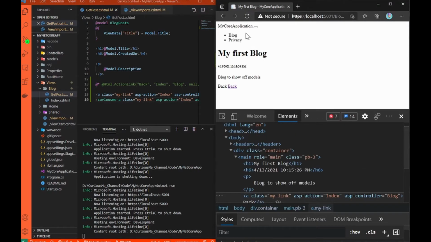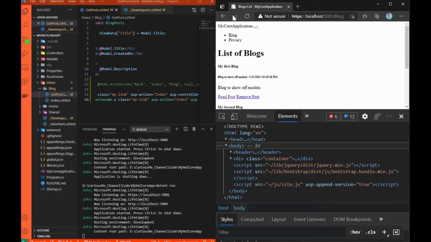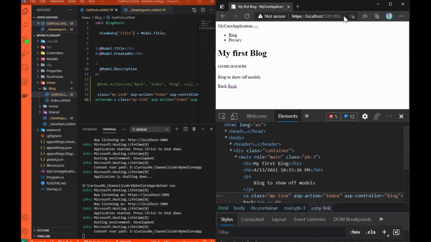Oh my God, everything is broken. Well, don't worry about it. As you can see, the first link is not working, even though we have all of the tag helpers and all those shenanigans, it still does not work. But the second one is working fine. Anyways, I'll tell you why our website looks like a 1990s version of Napster.